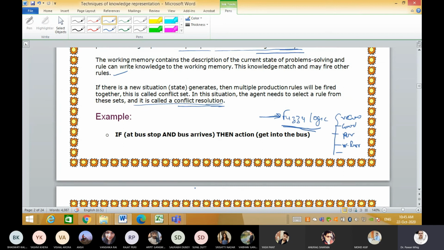I must say, some of you may be thinking about how to work on fuzzy logic. There are several tools available in the market, like MATLAB and many others, through which we can program fuzzy logic.